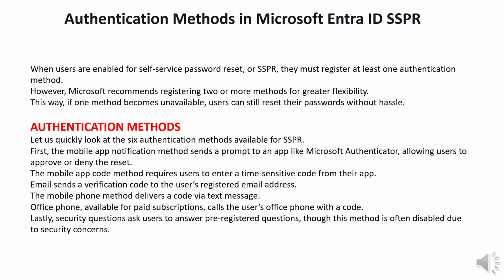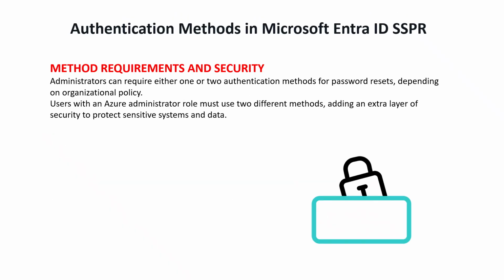Office phone, available for paid subscriptions, calls the user's office phone with a code. Lastly, security questions ask users to answer pre-registered questions, though this method is often disabled due to security concerns. Administrators can require either 1 or 2 authentication methods for password resets, depending on organizational policy. Users with an Azure administrator role must use 2 different methods, adding an extra layer of security to protect sensitive